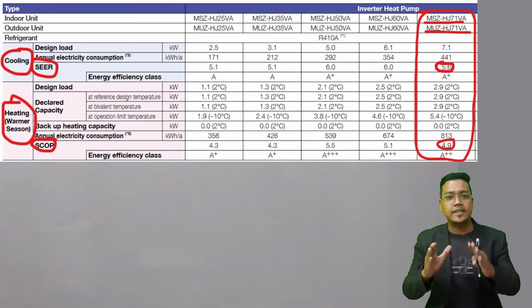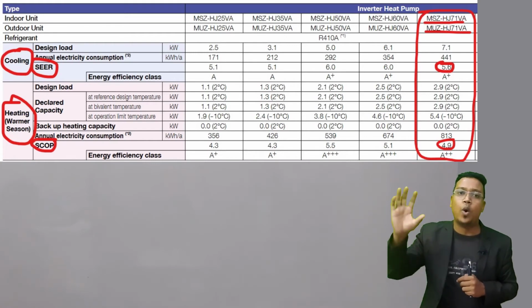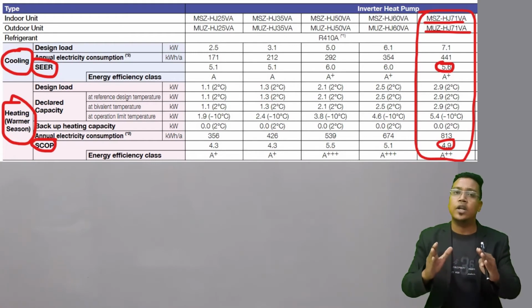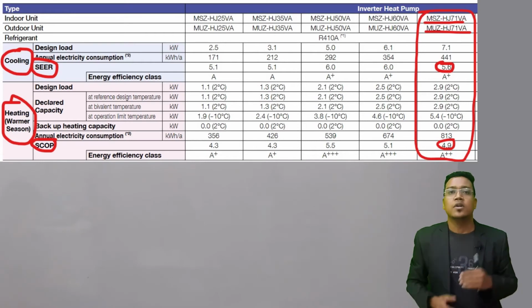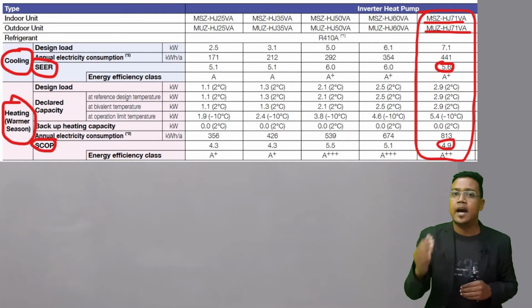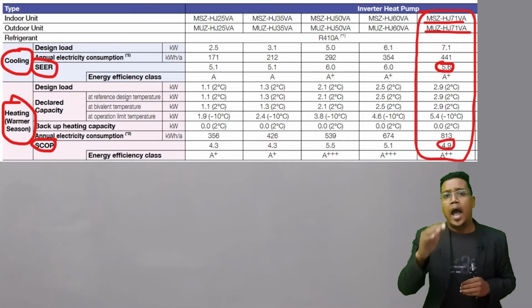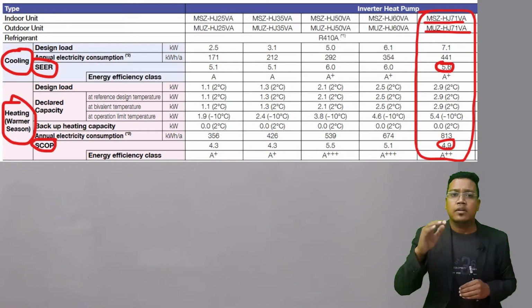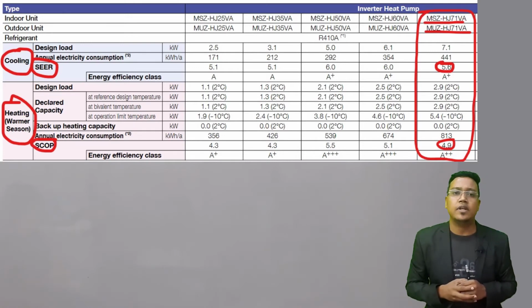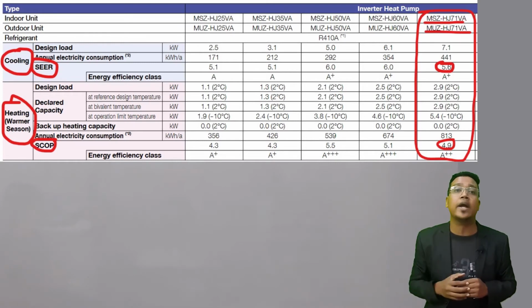Okay friends, this is the technical sheet. You can easily watch all the data written on this. This is just for your knowledge. Friends, if you learn from the book, that is SCER and SCOP, you will get confused. I am giving the technical specification of Mitsubishi so that you can easily grasp the concept: what is SCER and what is SCOP.